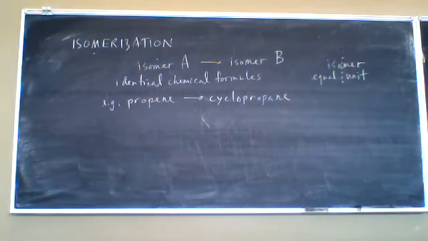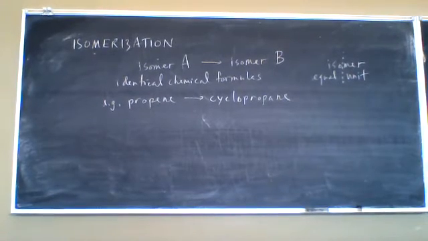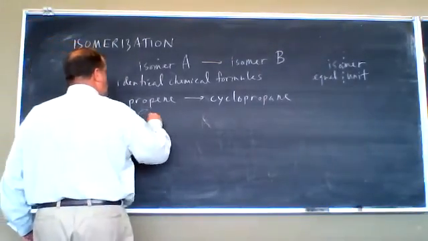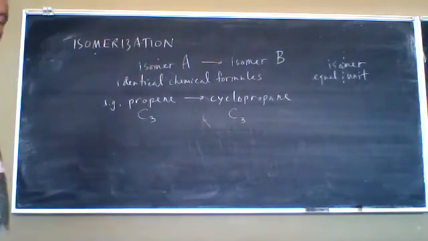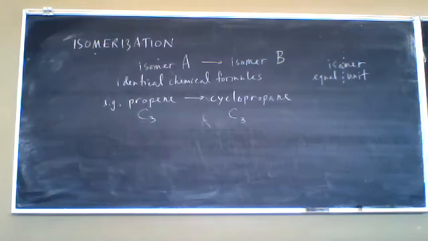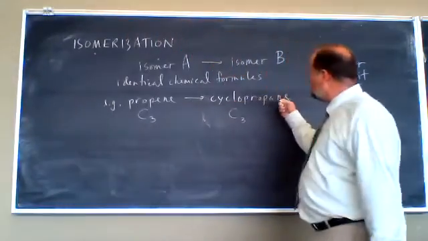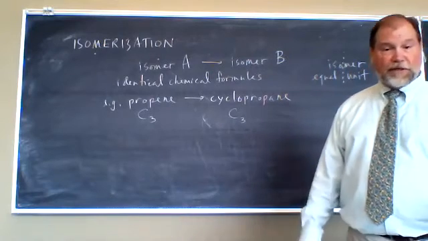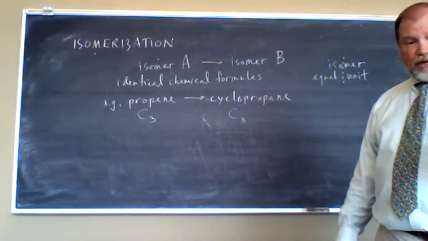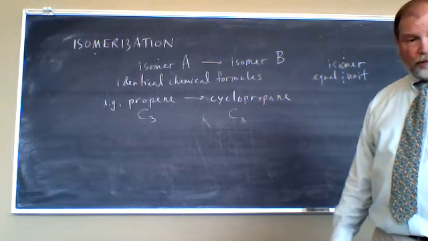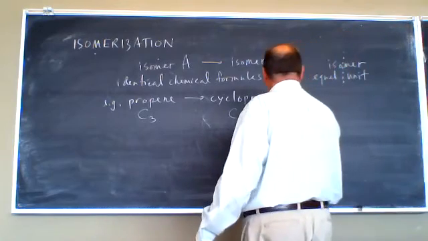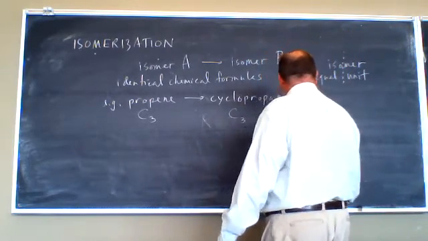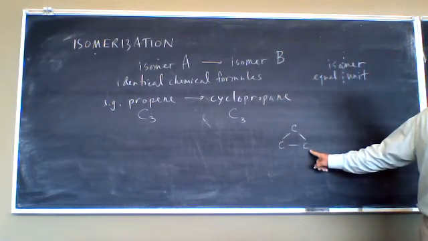The prefix or the portion of the word prop means that we have 3 carbon atoms. So in both of these cases, in order to have the same chemical formula, they both have to have 3 carbons. Now, cyclopropane, even if we don't know what it is, we can reason for it. Cyclo suggests that all of these carbons are connected together in a ring, just like benzene. All 6 carbon atoms were attached to each other in a ring. And so if we have 3 carbons in a ring,